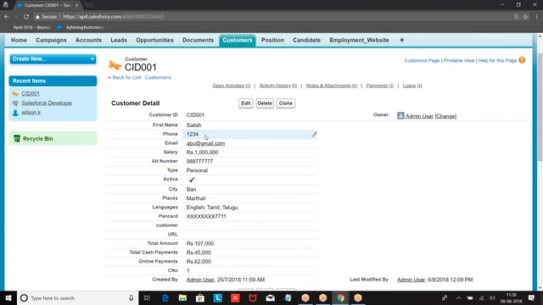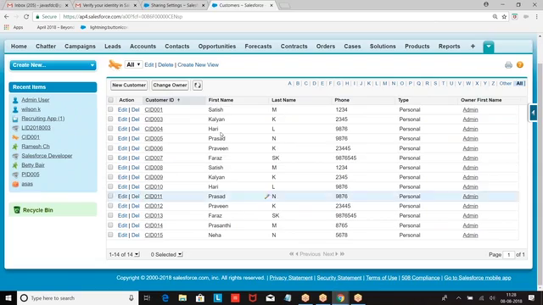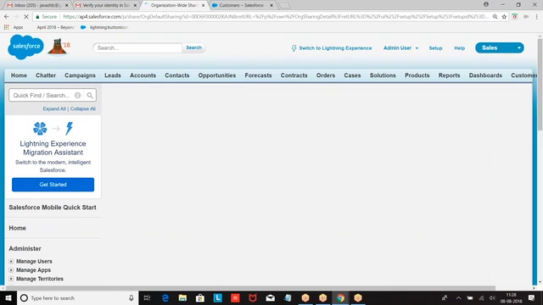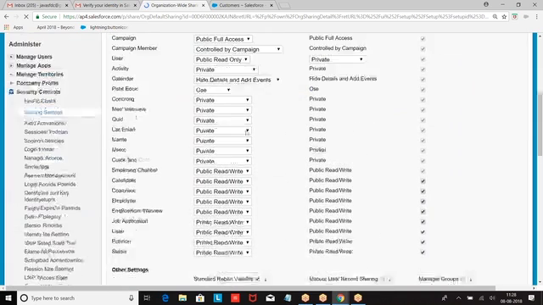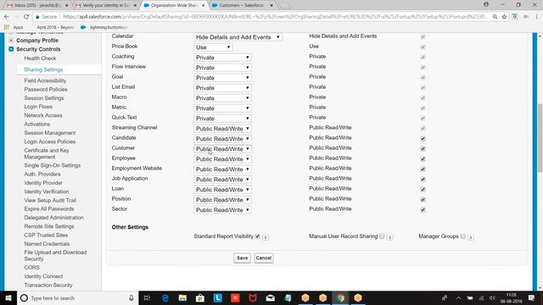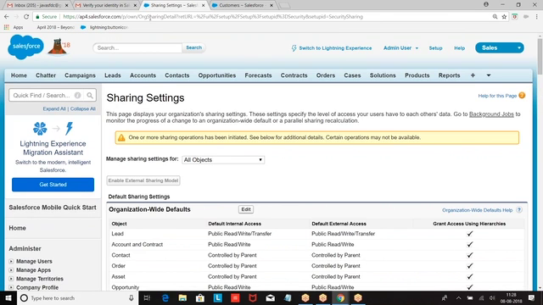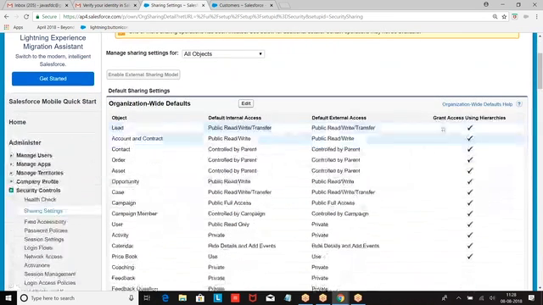Okay. The next, if you are looking at the OWD, again I am going back here. Edit. I am giving private. Now only the owner can see the record. Then we had an option here called grant access using hierarchy.